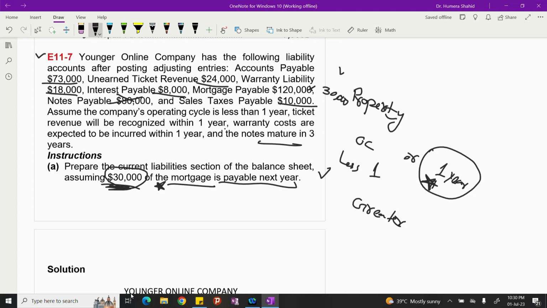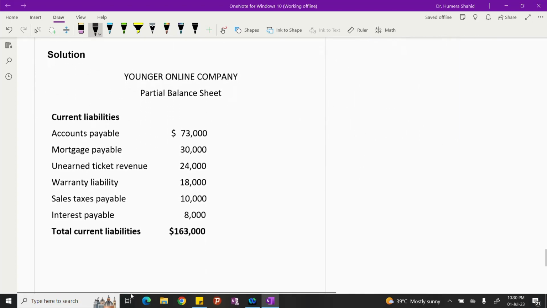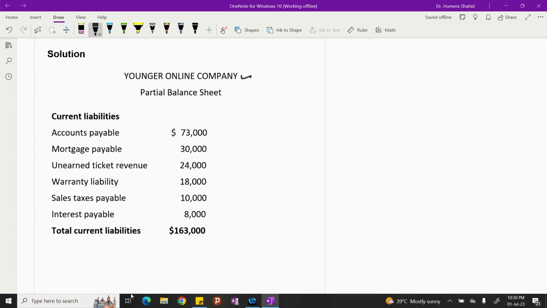So let's make the section for the current liability. So here it is, Younger Online Company. Don't forget to mention partial balance sheet because it's not a full balance sheet. It's only the current liability section. And then current liabilities, we are putting the heading and we are listing all the current liabilities with the amounts which we just took. If you see mortgage payable, I'm only mentioning up to 30,000, and then